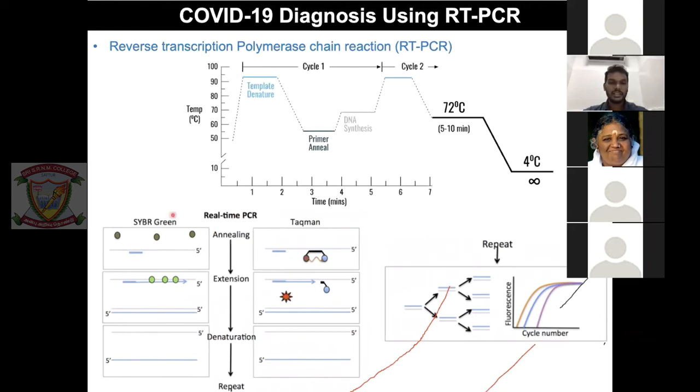And here in the next step, once you multiply so many copies, how are you going to detect? There are two ways of detecting. One is called SYBR Green, and that is a fluorescent dye. When it binds to DNA, it becomes highly bright fluorescent. So when there's more DNA, it will be highly fluorescent. When there's less, it will be low fluorescent. If there's no genomic DNA, it won't be colorful. If you are COVID-19 positive, there is genomic DNA, and it will make more copies and glow really high. If it's negative, you won't see that. Simple. But this needs more DNA to be synthesized and is slightly less sensitive.